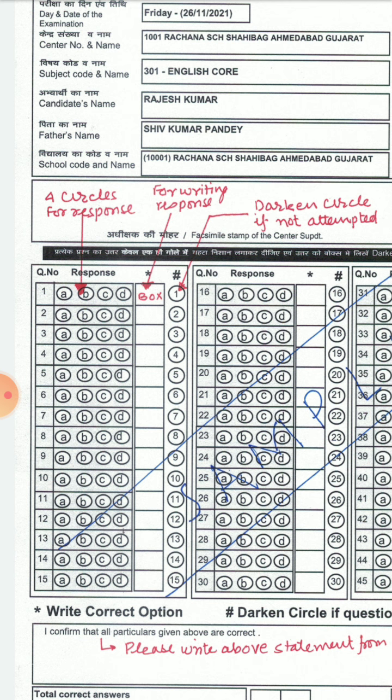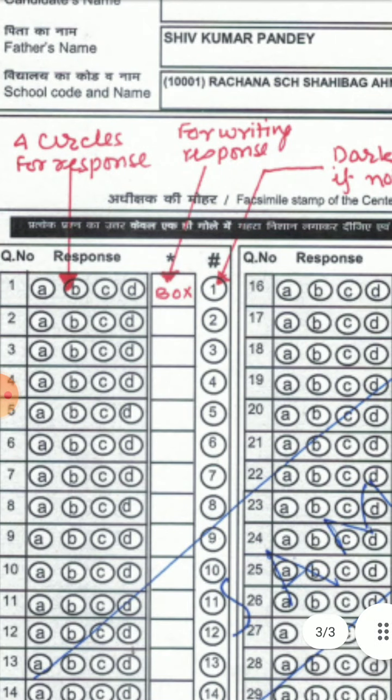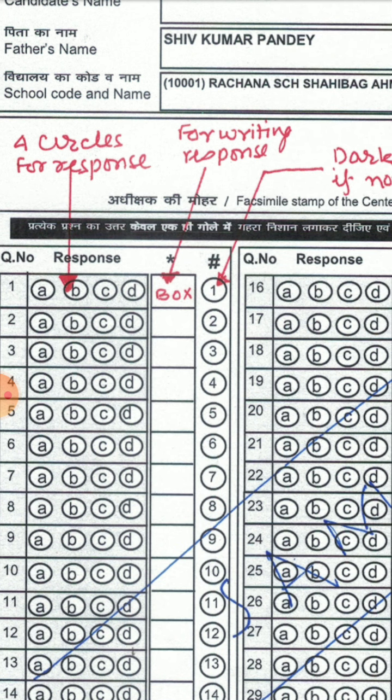In an OMR sheet, if you take the first question, suppose your answer is A, but the exact answer is C. So you wrongly answered A, but the exact answer is C. What you have to do is write the answer C in the box, so that they will give you the mark. Even if you marked the wrong option circle, if you write the correct answer in the box, only that answer will be calculated.